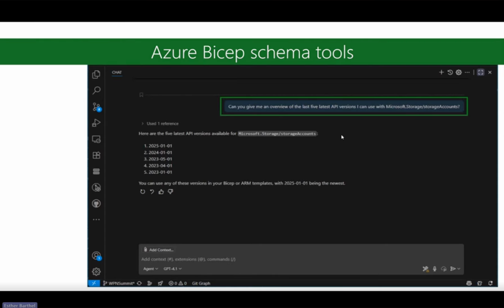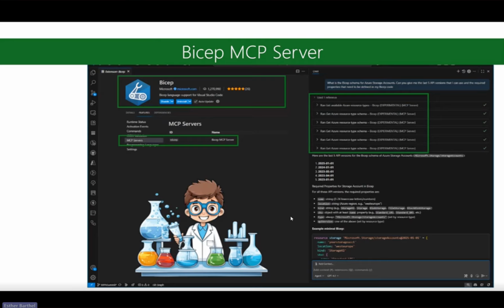And you can also, of course, ask it questions. For instance, I just used the prompt to instantly ask what the 5 latest API versions are, because I usually struggle if the Bicep extension doesn't use the IntelliSense, or I have Copilot, I was going to say compete with the IntelliSense on what the best answer is. At least now I have another way to quickly ask some Bicep schema specific questions to Copilot.